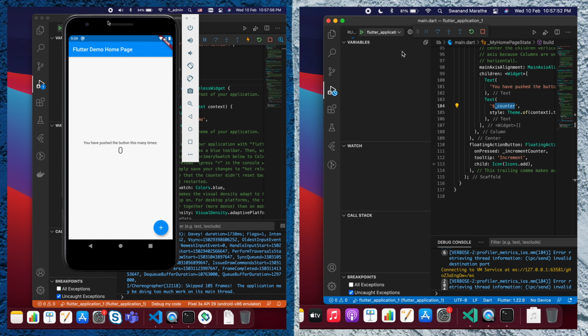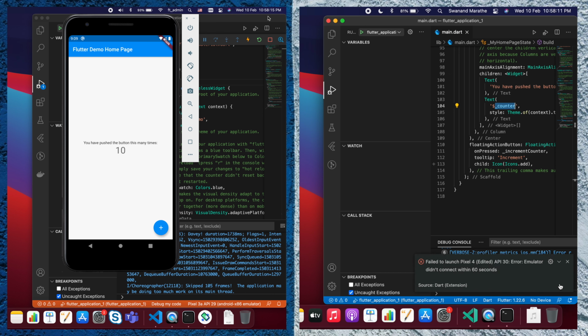Okay, now the app has been installed on the Pro and it has started. We can now click on the plus icon and the count is incrementing. Okay, and now here we are having the error, as we have already mentioned that the emulator is not currently supported on the M1 chip.